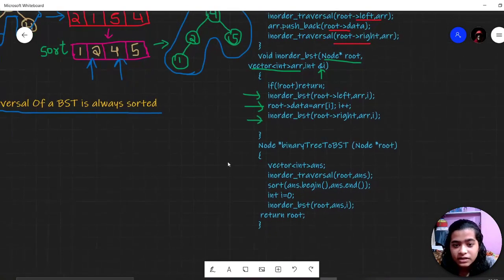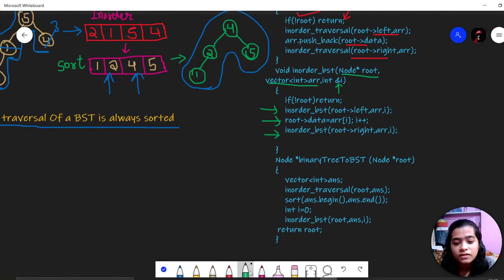Now the main function. I have taken a vector array answer for storing the answer. Then we are calculating the in-order traversal of this tree. Then we are sorting that array. Then we are taking the pointer and calling this in-order BST function, which will take the array and replace it into the nodes.